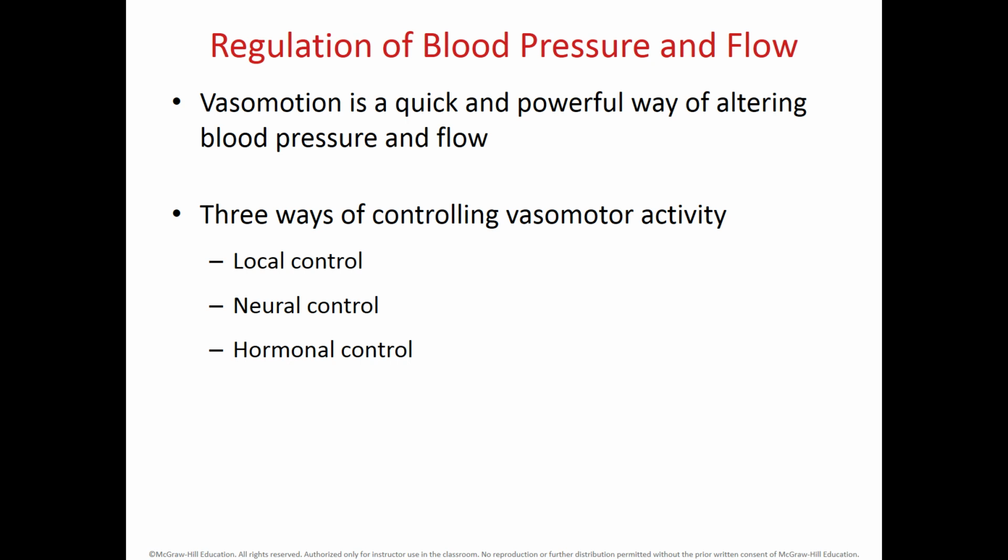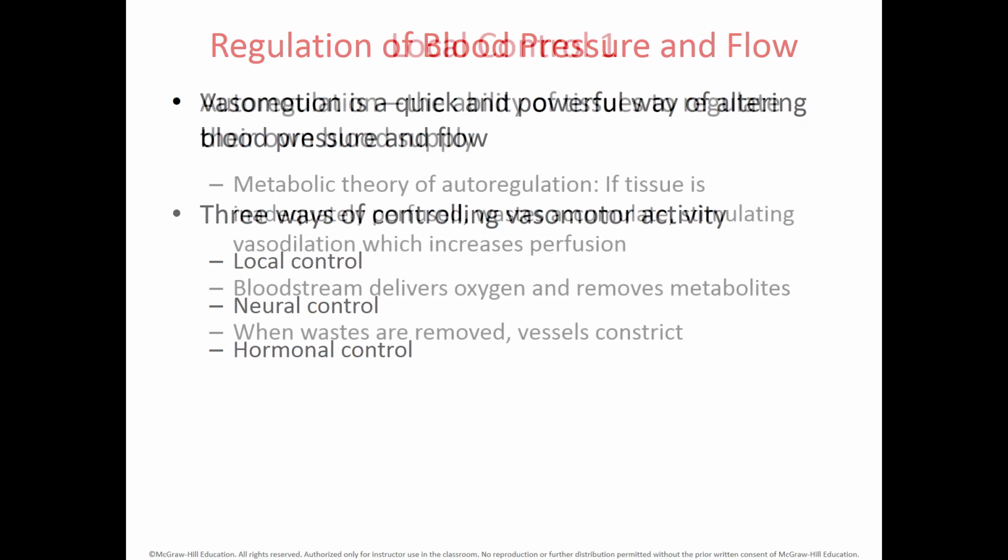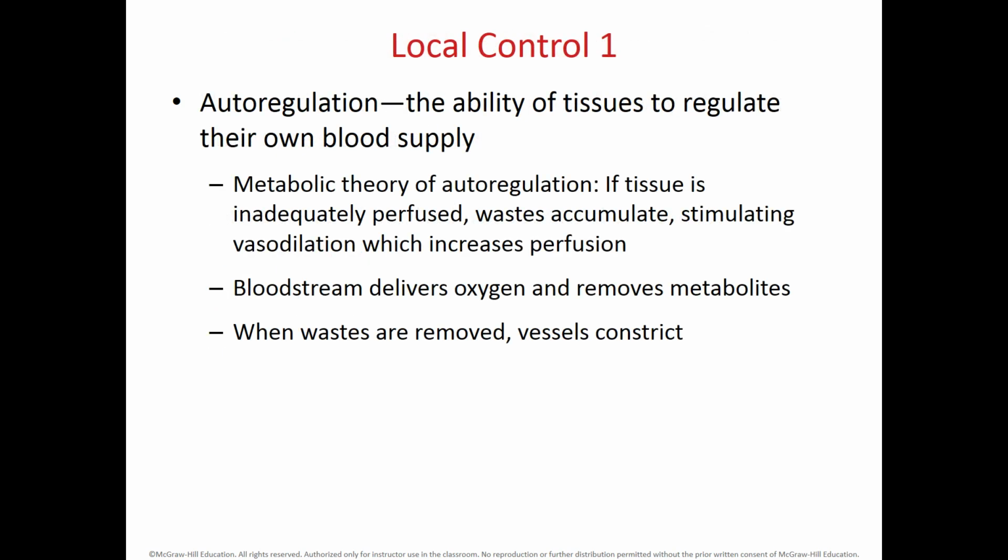Now, another way that you can control the blood pressure and blood flow is by vasomotion. And we have these controls of vasomotion or vasomotor control that are local, neural, and hormonal. So let's look at each of them. So the local control of the movement of the blood vessels is known as autoregulation. And in autoregulation, what you have is the activity of the cells that produces certain wastes or chemicals that stimulates